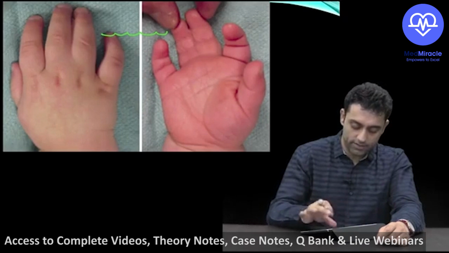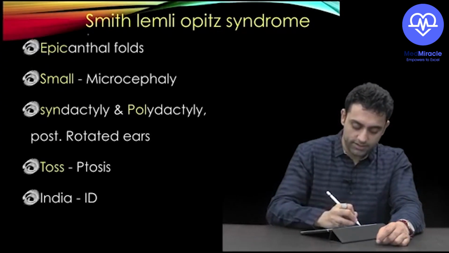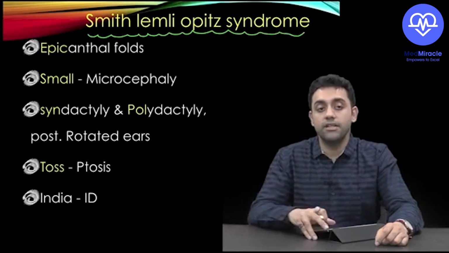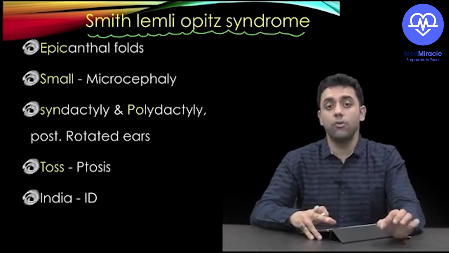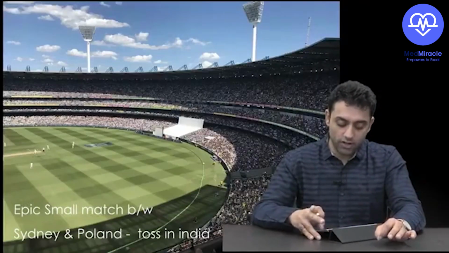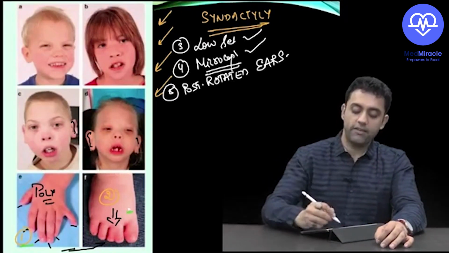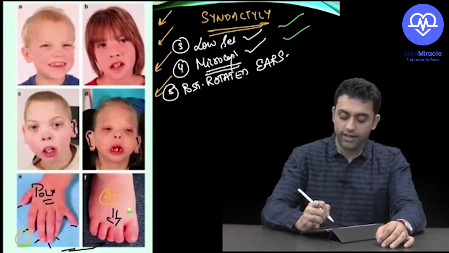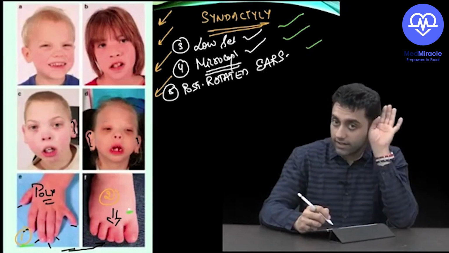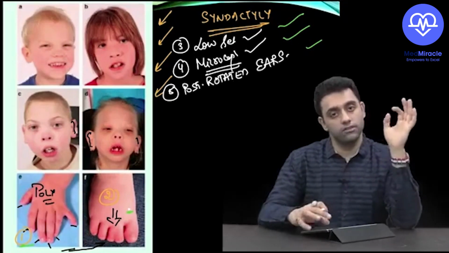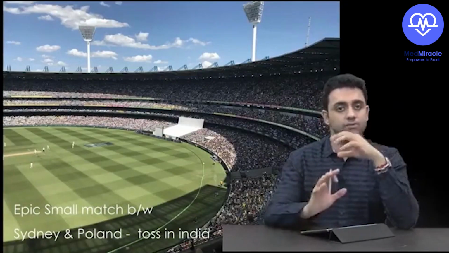I'll go back again, 1 second. Smith-Lemli-Opitz syndrome. So you saw that polydactyly with syndactyly, with low set ears, with microcephaly, with posteriorly rotated ears, with mental retardation. These all are the cases of this syndrome. Did you understand? This is one way. Second